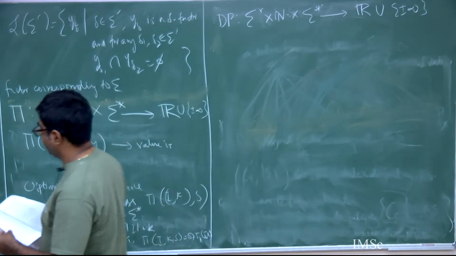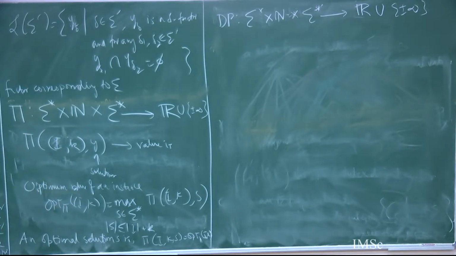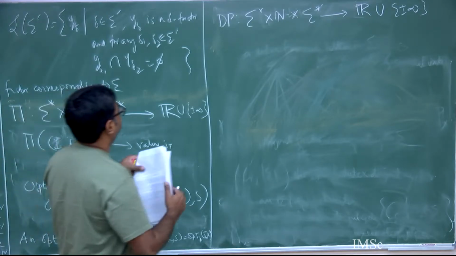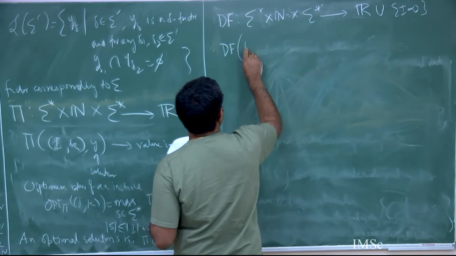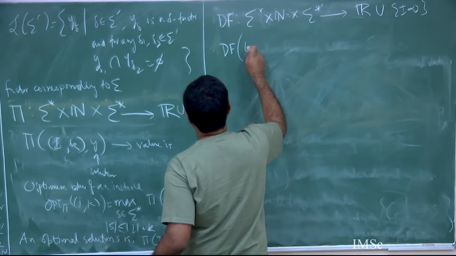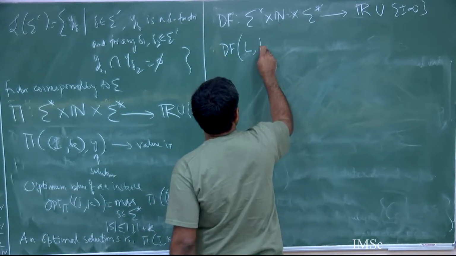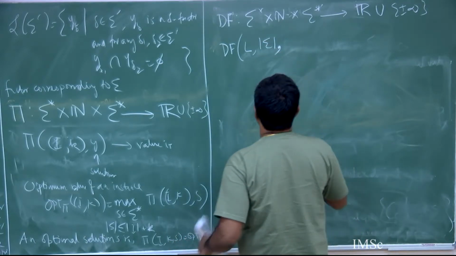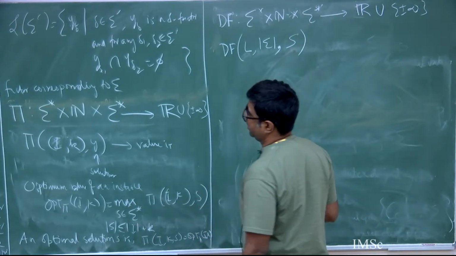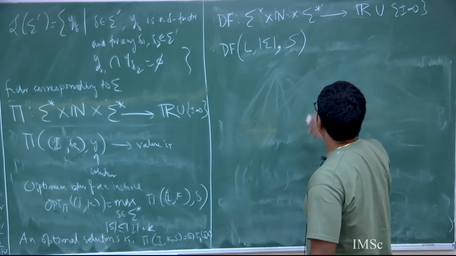The input is a string, and k is the size of the alphabet. So why do I write f disjoint factor? Basically the function takes a string L over alphabet sigma, which is my parameter, and some set S, where S is a set of substrings, and this is equal to